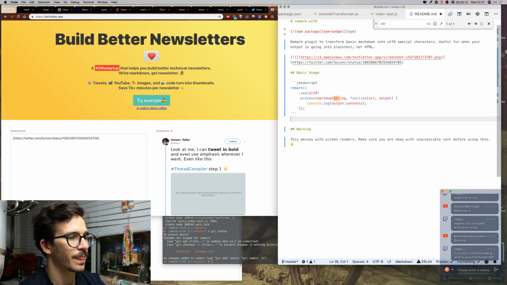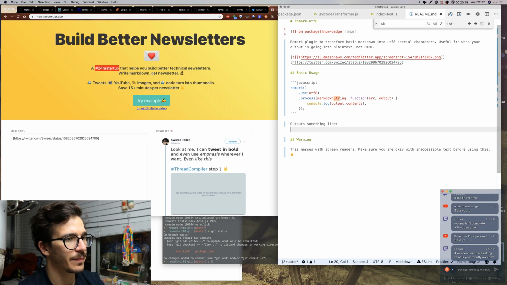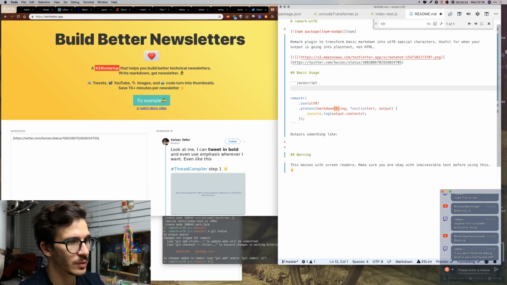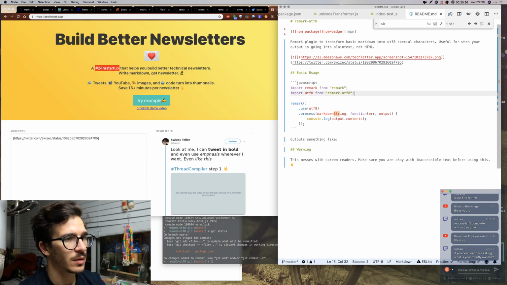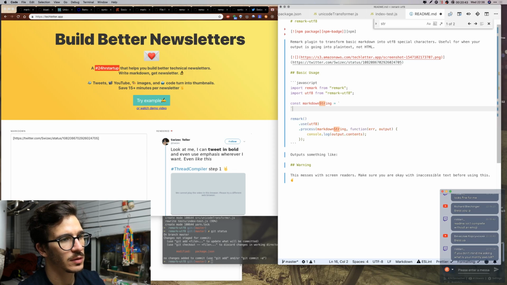Cool, outputs something like so. We go here and we say const import UTF-8 from remark-utf8, import remark from remark, and then we say const markdown string equals